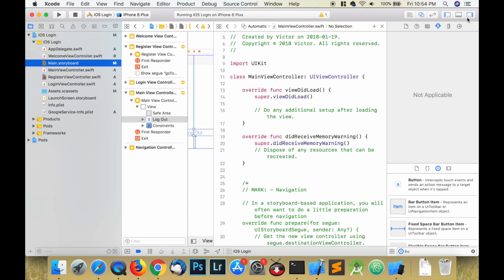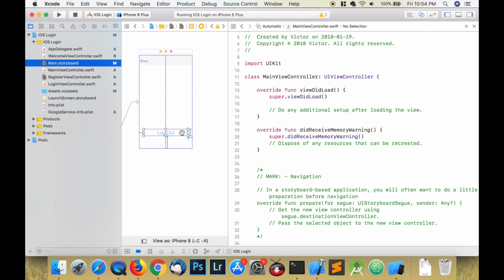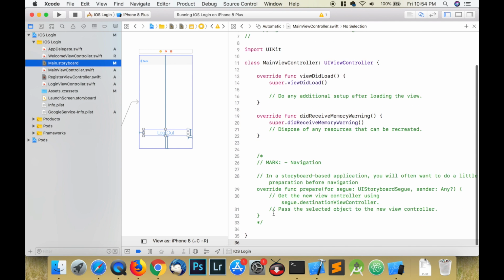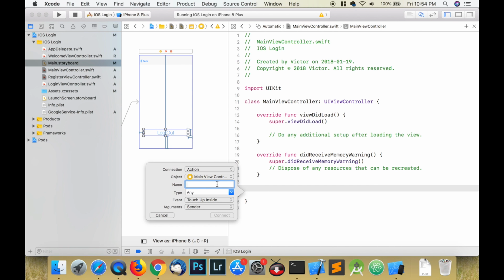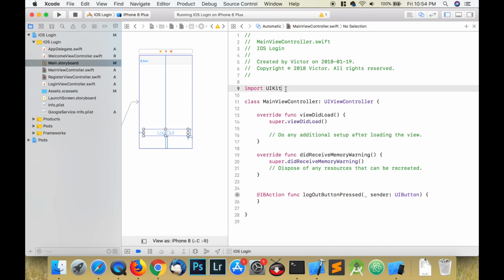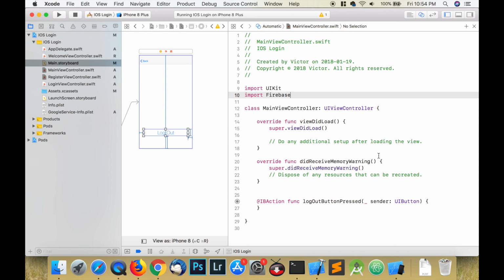Okay, over open up the assistant editor and control drag from the logout button to the bottom of our code and make sure that we are making an IBAction, and we're going to call this one logoutButtonPressed, and we're going to make the connection. Make sure that you import Firebase,